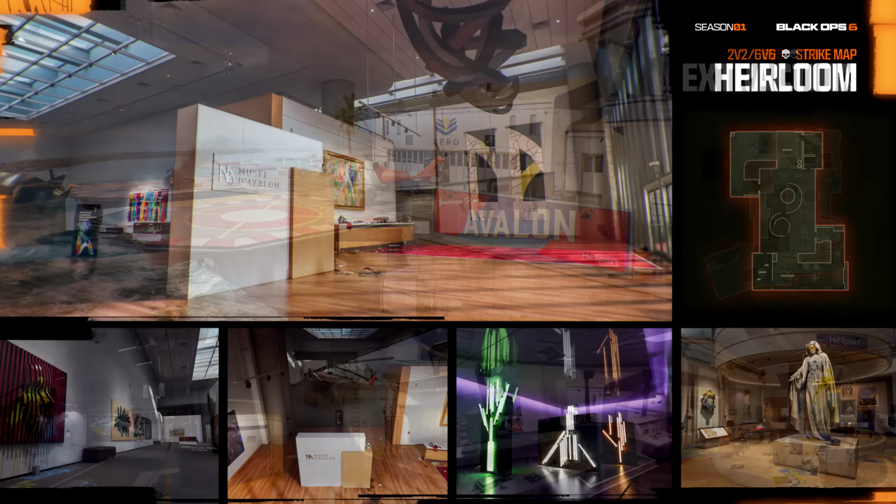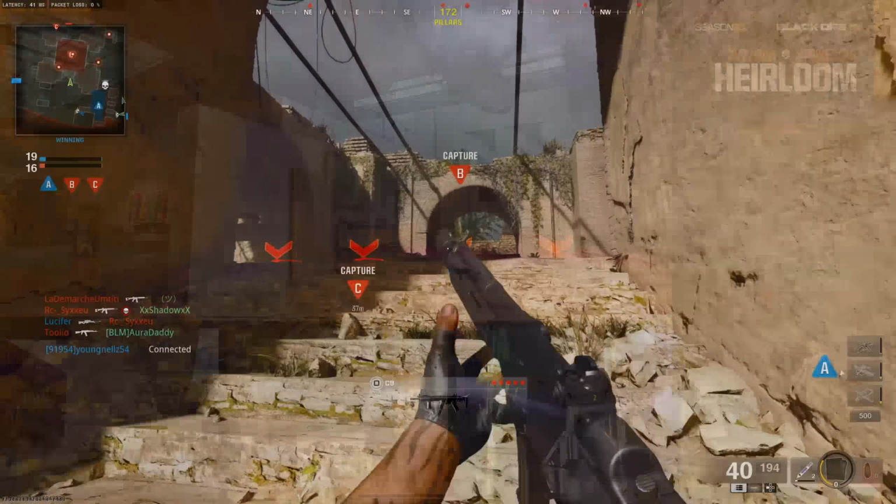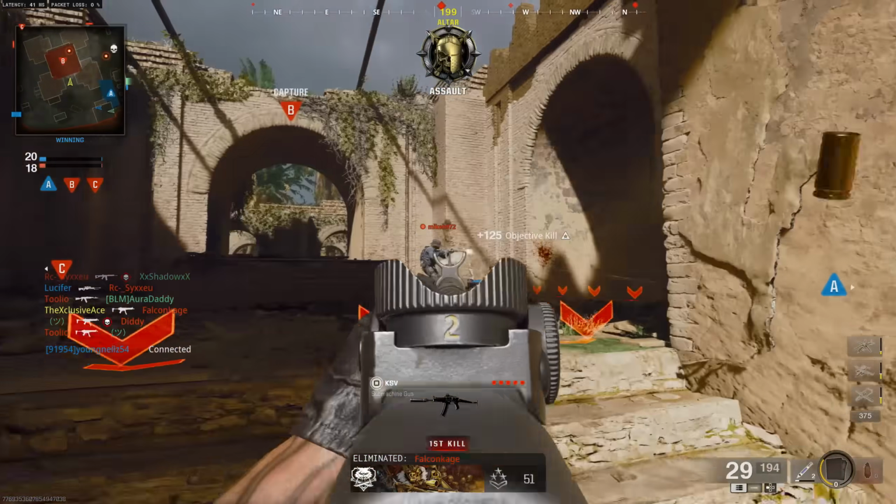Now finally, for maps that we're getting right at launch for Season 1, we have a strike map called Heirloom, and this one takes place in a museum, and you can see it is quite small, and at least reasonably symmetrical. Then in season, so we're not getting this right at the launch of Season 1, but later in the season,